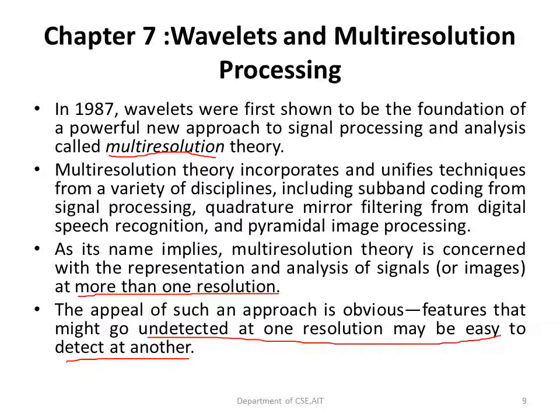Unlike the Fourier transform, whose basis functions are sinusoidal waves, the wavelet transforms are based on small waves called wavelets, of varying frequency and limited duration. That means they will be very small. This allows them to provide the equivalent of a musical score for an image, revealing not only what notes to play but also when to play them. The Fourier transforms, on the other hand, provide only the notes or the frequency information. The temporal information is lost in the transformation process.